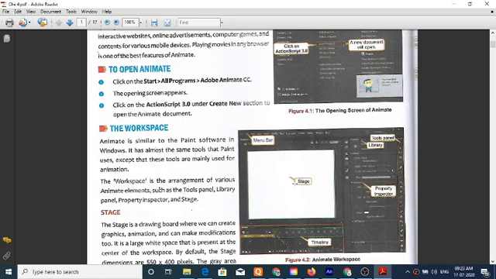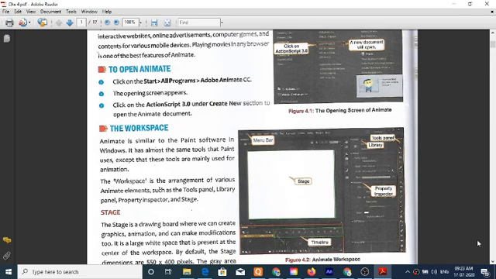A stage is a drawing board where we can create graphics, animation, and can make modifications too. It is a large white space that is presented at the center of the workspace. By default, the stage dimension is 550 by 400 pixels.